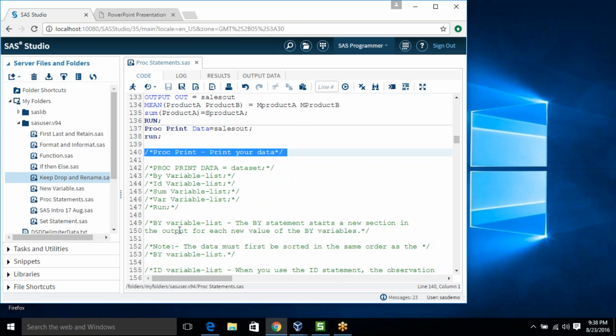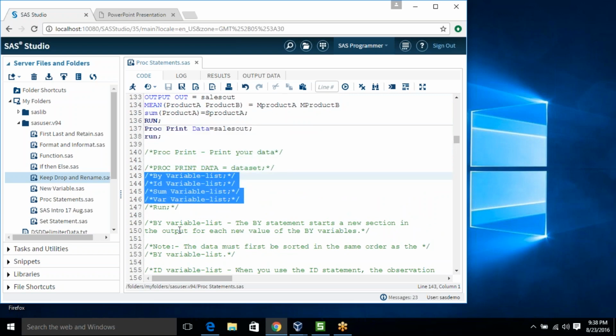Basically, proc print just prints your entire data in your result window. Okay, so generally we use only the simplest step like proc print data equal to your data set name and the run. But there are different statements: by, ID, sum and where.